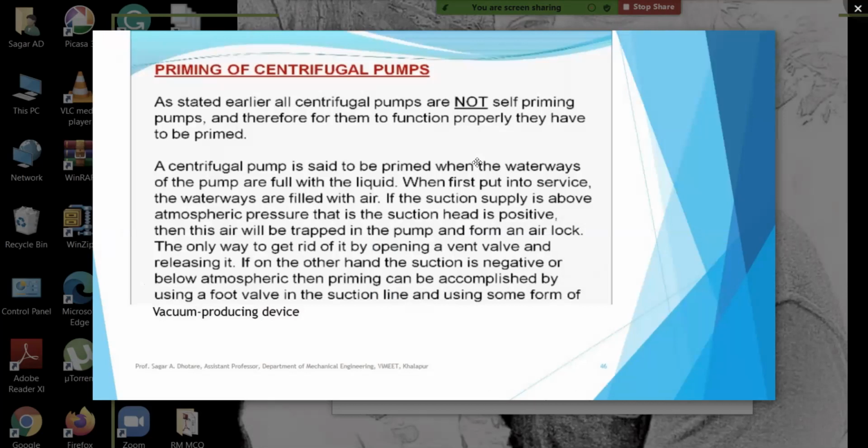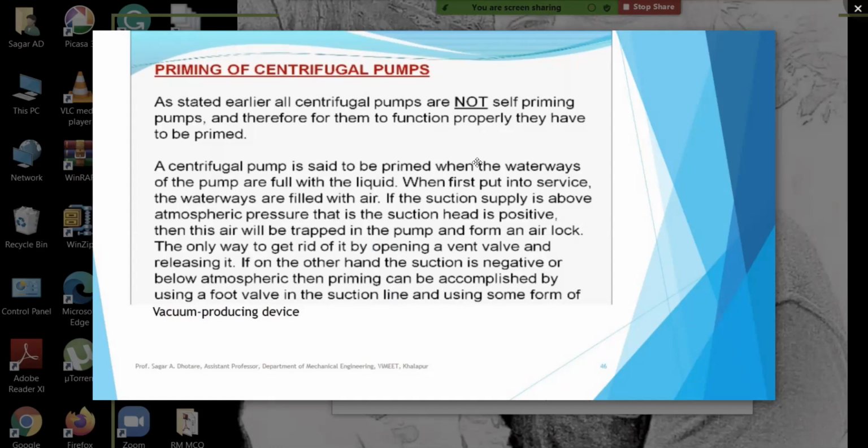Now priming. Priming is a very important process before starting the centrifugal pump. Why is it necessary? Because a centrifugal pump is said to be primed when the waterways of the pump are full of the liquid. When first put into service, the waterways are filled with air. If the suction supply is at about atmospheric pressure, that is, the suction head is positive,